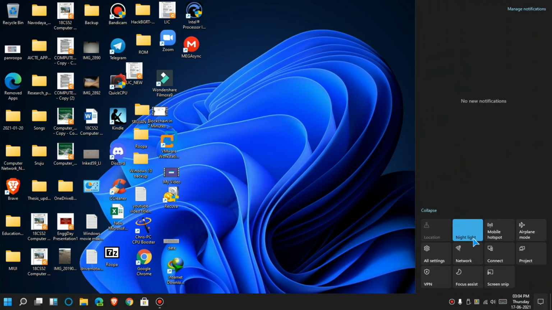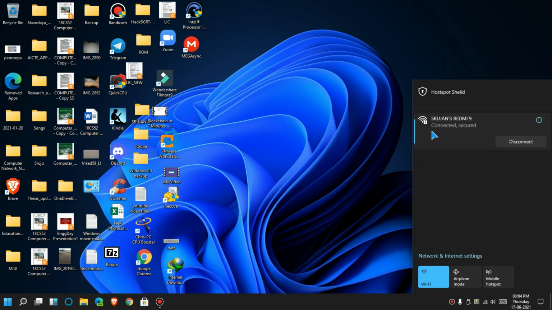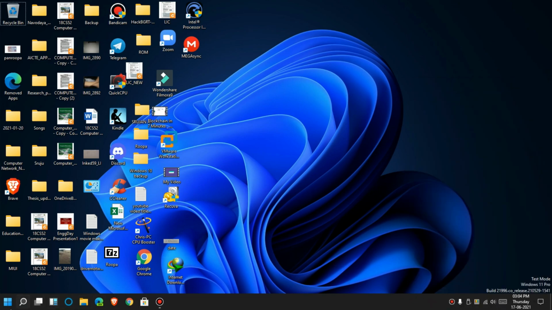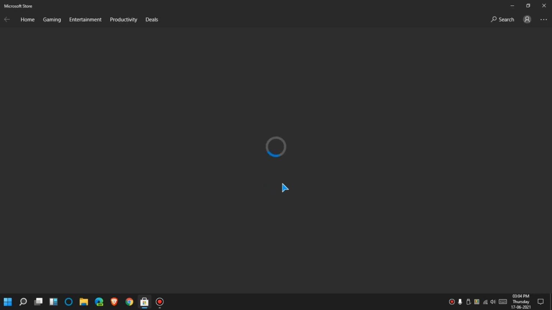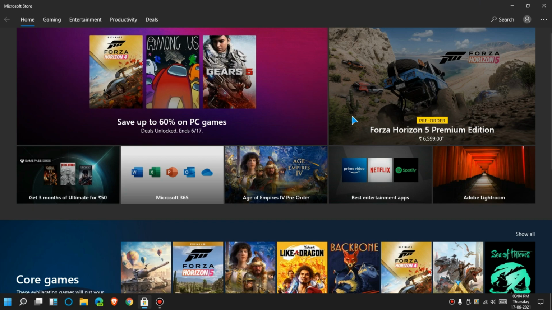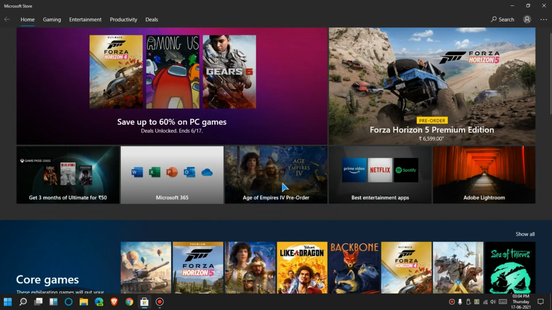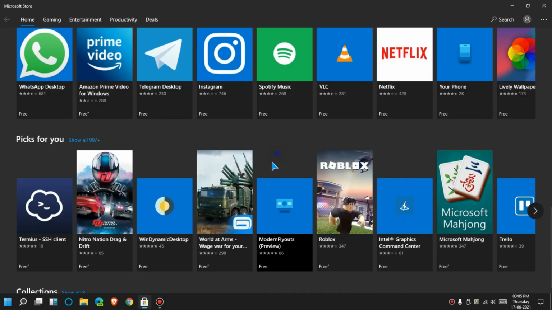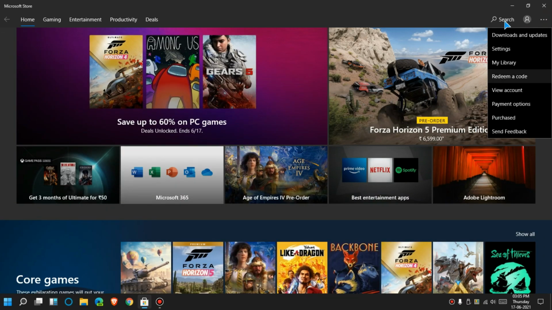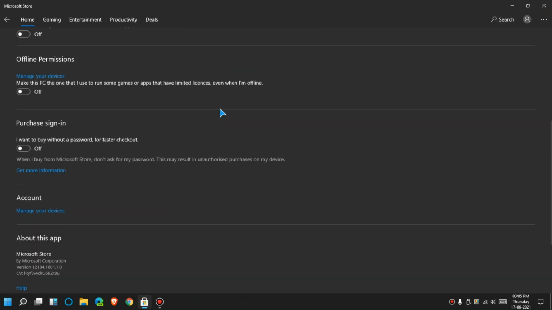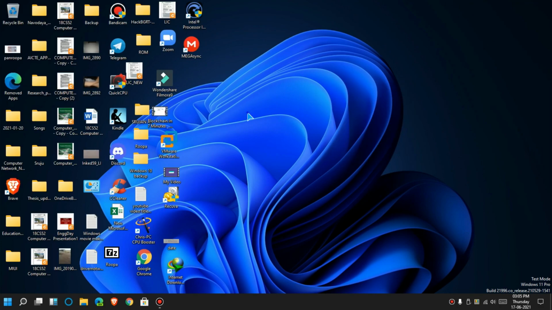As you can see, the toggle color has been changed to this blue color, and the Wi-Fi menu has been changed as well. And another change is that in the Microsoft Store, the loading animation has been changed. As you can see, here you go. And then the Microsoft Store here, the size of these apps has been changed to smaller so that you can see them properly. And the settings menu has also been changed here. Some features were added or removed. So these are the features of Windows 11.